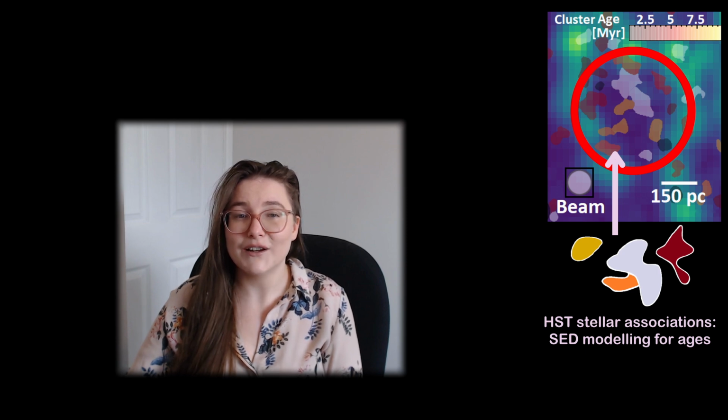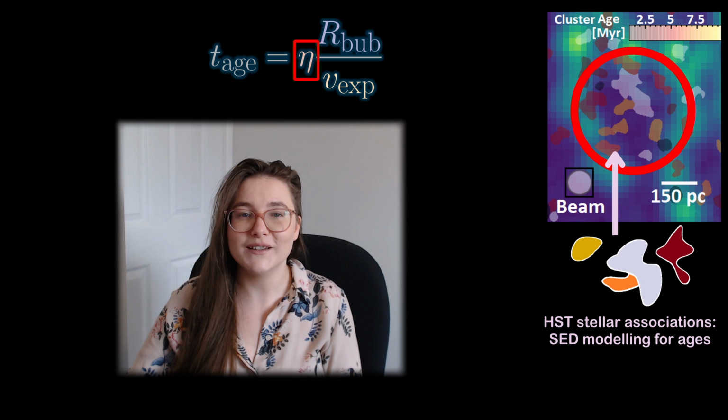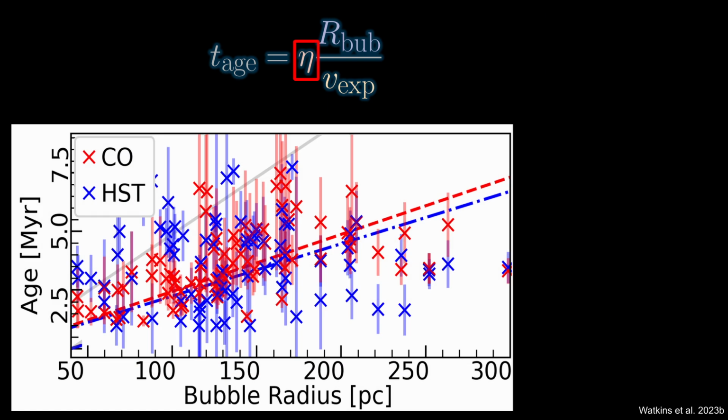The radii, expansion velocities and ages allow us to determine the feedback mechanism powering the bubble by using a self-similar expansion model. Here we can see eta is the only unknown, and its value encodes the feedback mechanism driving the bubble. We find that eta has an average value of 1/4, which is the exact value you'd expect if the bubbles are driven by a supernova blast wave. We can see that when using a value of 1/4 when plotting the CO on this figure, HST and CO